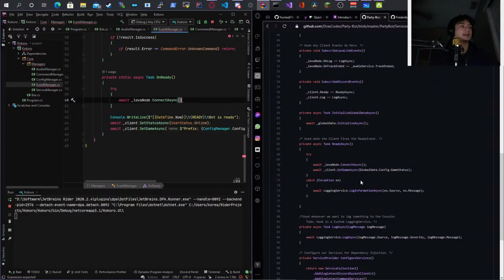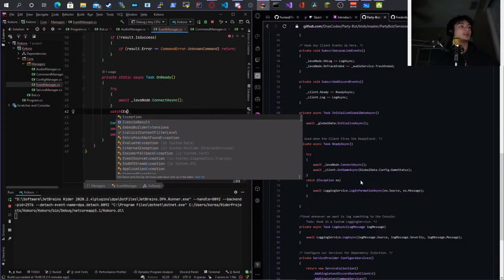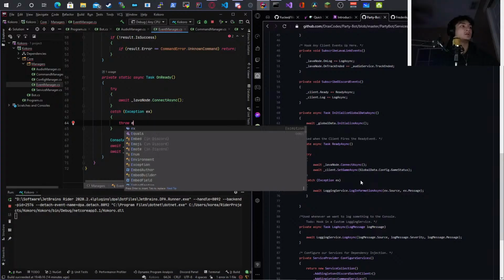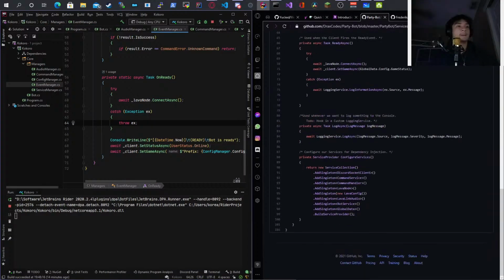Yeah, connect async. And I need to do a catch here, so I'm going to do catch exception, and then we're going to call EX. And I'm just going to throw a new exception EX, or I can just do EX here, right? No, I just do throw EX. There we go.